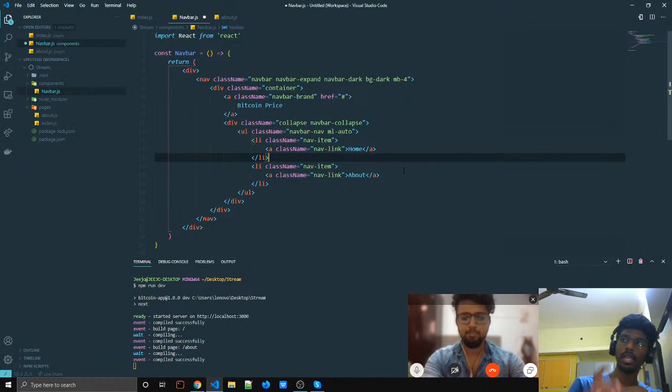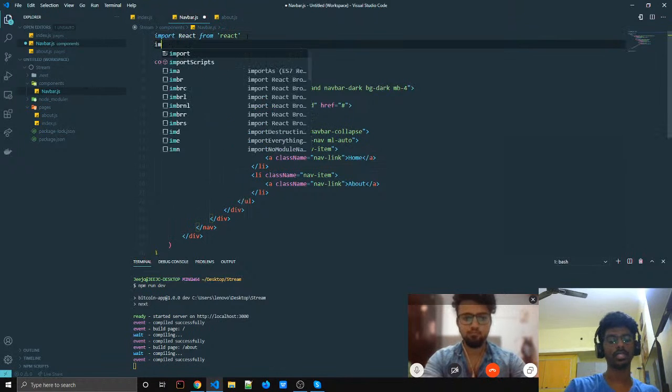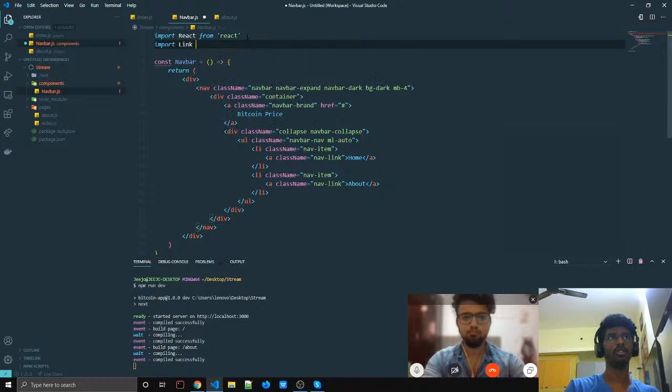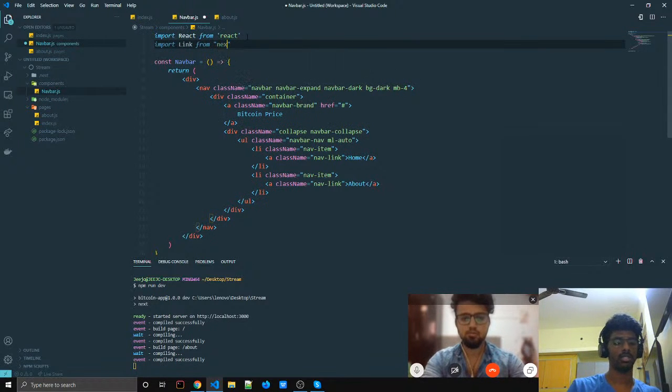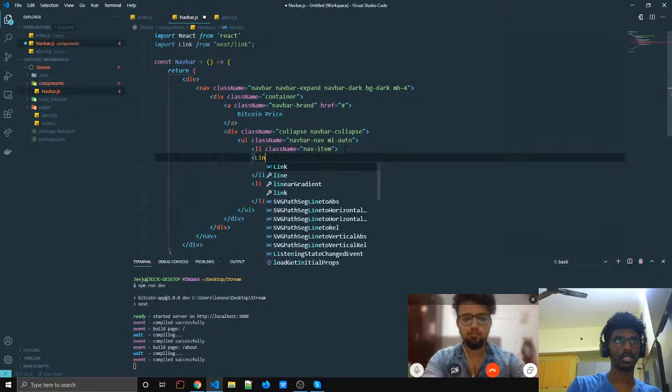The same Link component is present in Next also, but how to import it? It's a big question, right? We can just import it from Next itself. If we need to use something from Next, then Next needs to give it to us, right? So I'm importing the Link component from next/link. That's it. Here I'll enclose this inside a Link tag